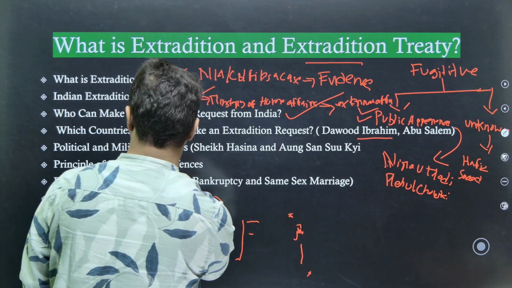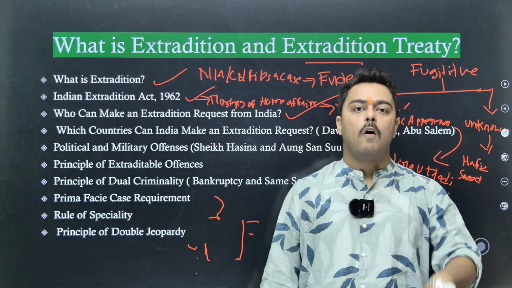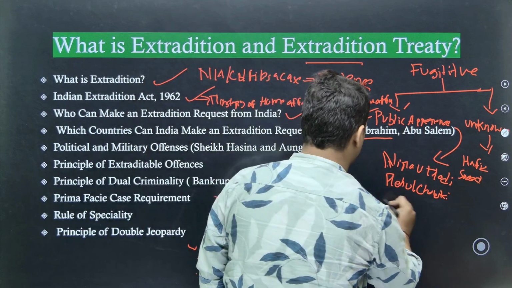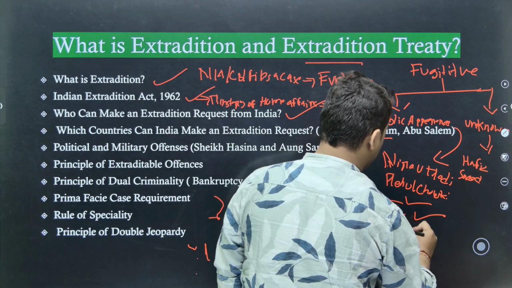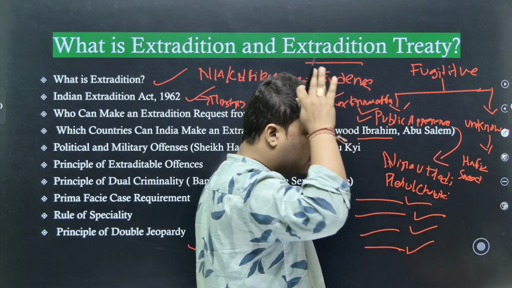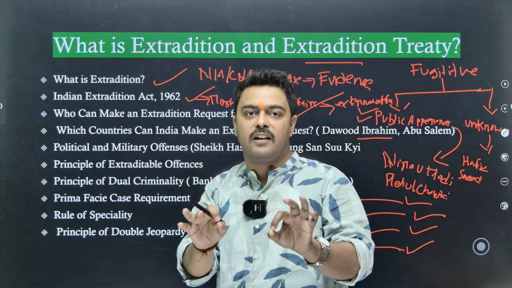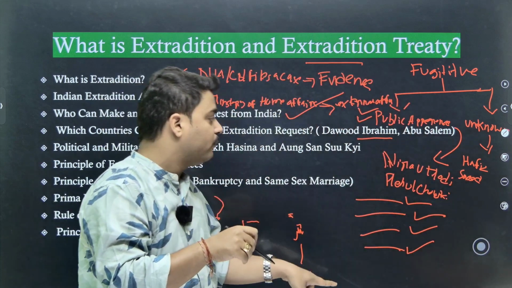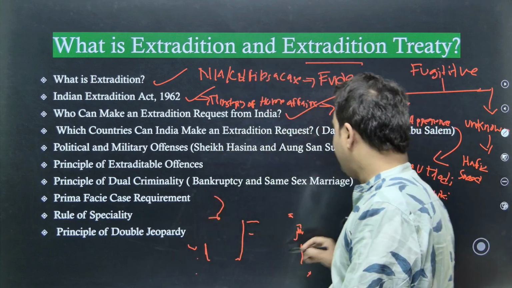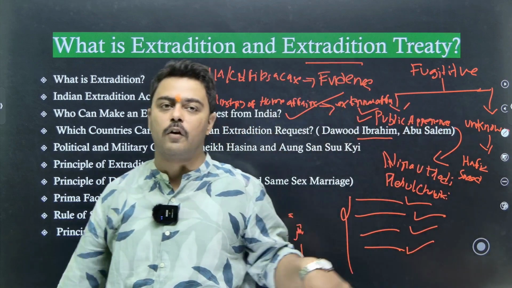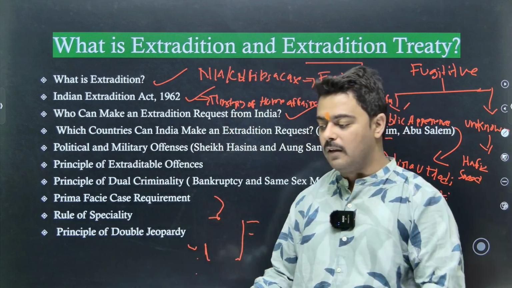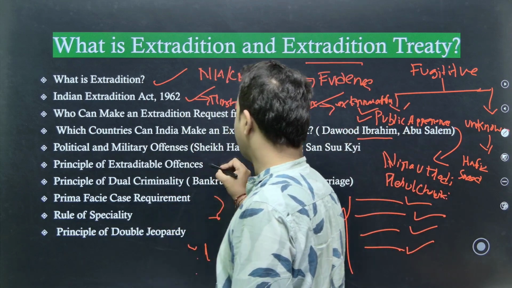Now let's move further. Principle of extraditable offense. When India or some country signs the extradition treaty, there is a list of offenses like genocide, terrorism, murder, or let's say air hostage. There is a list of crimes which are specifically given under this treaty. Only under these crimes can the concerned country request for extradition. If that crime is not included in this list, you cannot request for extradition. Okay, but ultimately, as I said, diplomatic relations work. I will come to what I mean by this.